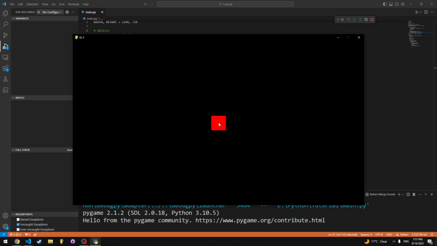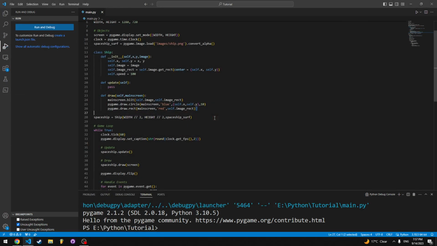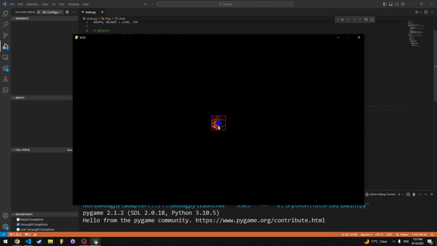And I didn't really want to do that, so maybe I've done something wrong here. I believe the problem is I didn't give it a thickness. So let's do 2. And there we go. So now we have this rectangle around the ship,